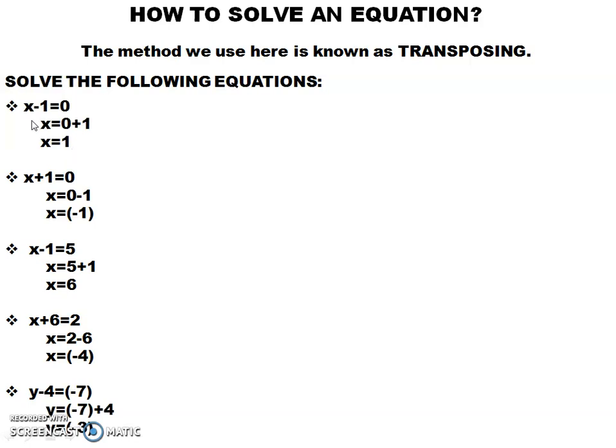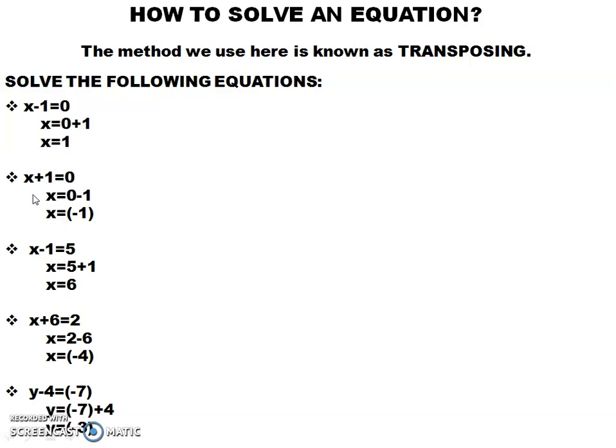Clear? Now, again reading the question, x - 1 = 0. Here the letter is x and you have minus 1. When you take minus 1 to the other side, what happens? Subtraction becomes addition. x is equal to 0, which is already here, so we wrote 0. Then minus 1 changes to plus 1. Clear? So what is the value of x here? x = 1.